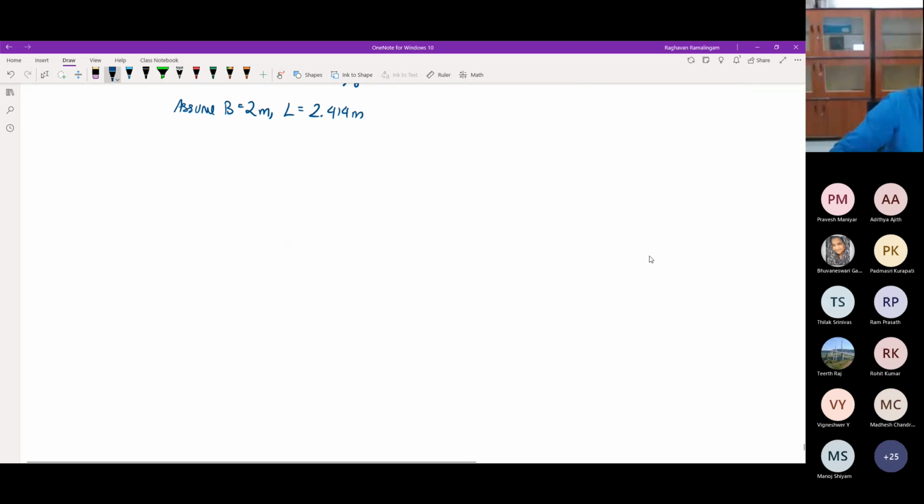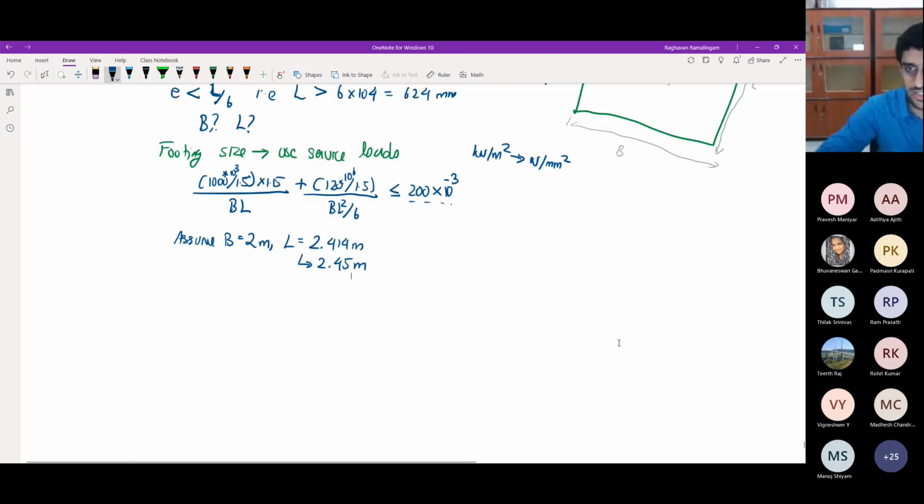So of course nobody can give a length of 2.414 meters, and therefore this is definitely going to become 2.45 meters. Best thing is to make it 2.5 meters, but anyway, let's keep it as 2.45 meters. So therefore, I probably want to draw it again so that I don't have to keep going up. I'll write once more here because I don't want to scroll up all the time.